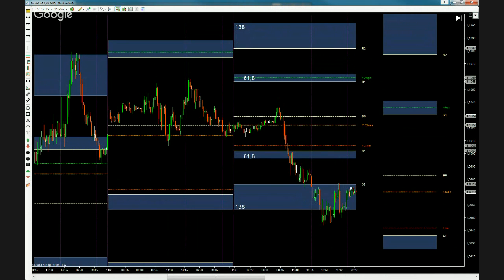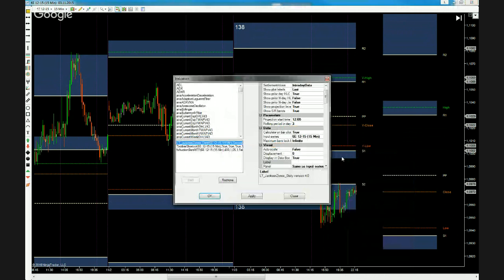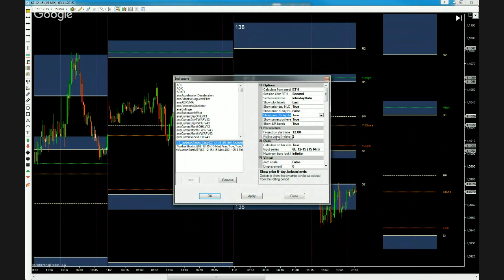Again, you also see a pivot projection here, and the last thing I will show you here is another neat feature, which is unique to our pivot indicators, and that is the capability to add rolling pivots. And you do that here. Show prior end day Jackson level. So we activate that to true, and then it's the